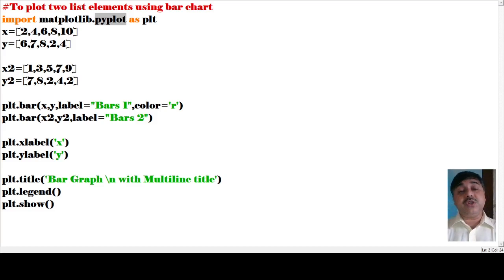So this is the equations we can find: an x and y equation is there, and another is y2 and x2. So x and y is one equation, and x2 and y2 is the other equation. Those are the equations with a different type of values that we have incorporated, or declared, here.